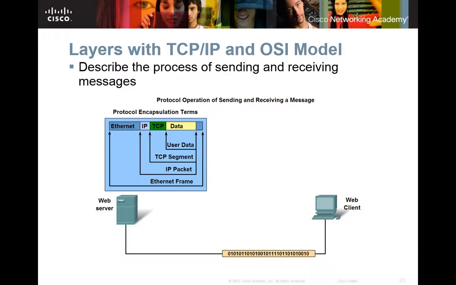And here's what I was talking about by the encapsulation. You have your data. You have the TCP in front of it for the transport layer. You have the IP address, which forms the IP packet. Then you put it in the Ethernet frame, which has your source MAC and destination MAC addresses. And it also puts the checksum on the end of it and then sends it across. Pretty simple, right? So if I give you a diagram and tell you to tell me what's on each one of them, you think you could do it?